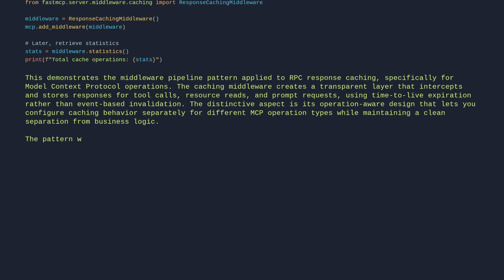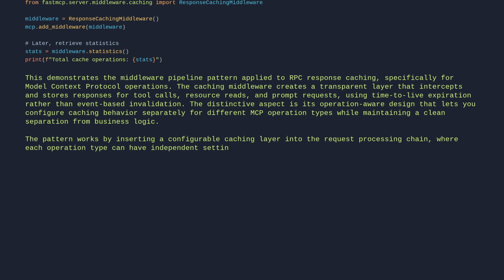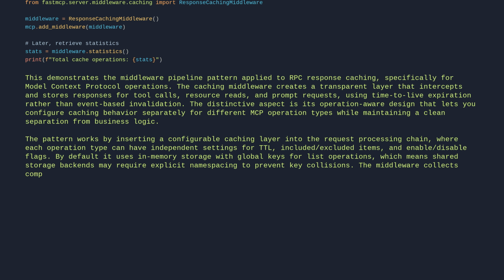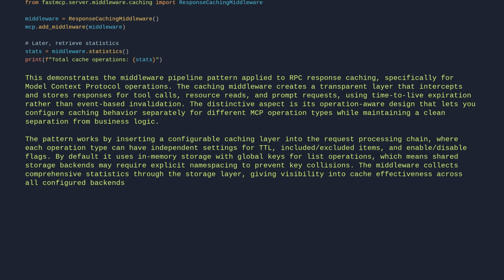The pattern works by inserting a configurable caching layer into the request processing chain, where each operation type can have independent settings for TTL, included and excluded items, and enable-disable flags. By default, it uses in-memory storage with global keys for list operations, which means shared storage backends may require explicit namespacing to prevent key collisions. The middleware collects comprehensive statistics through the storage layer, giving visibility into cache effectiveness across all configured backends without modifying